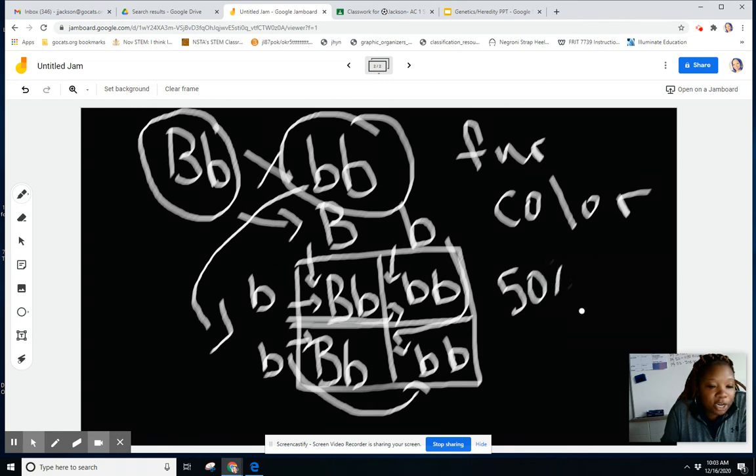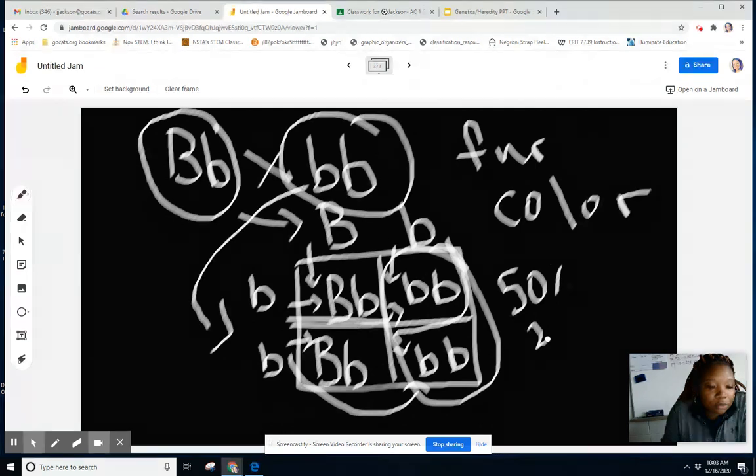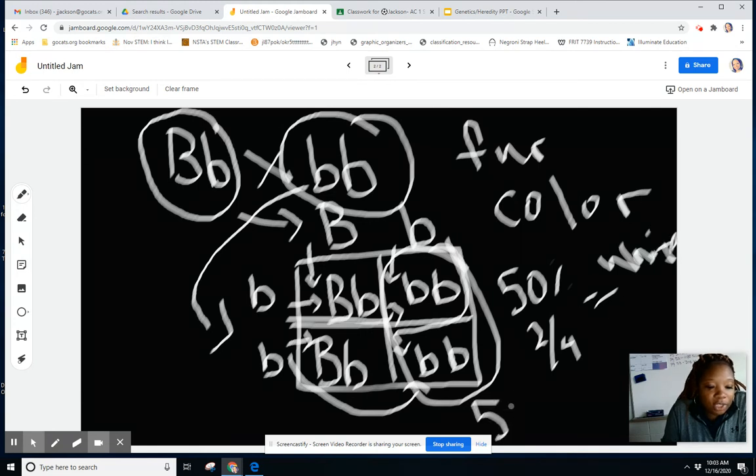of the offspring. This right here, 50%, 2 out of 4. So we got 1, 2 out of 1, 2, 3, 4. 2 out of 4 is going to have white fur. Excuse my handwriting. And then we got another 50%,